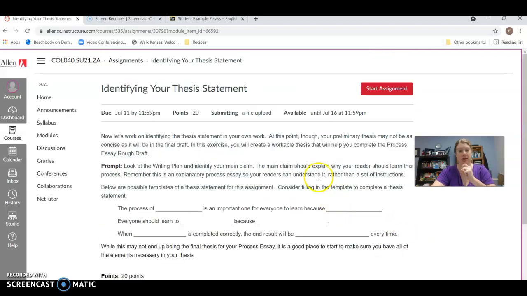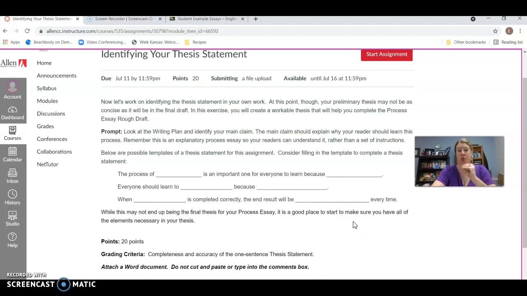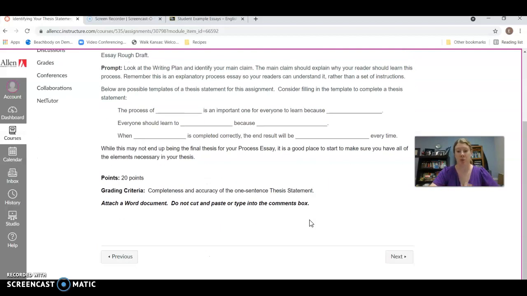The other thing that you're going to do is complete a thesis statement. This is a single sentence that you'll submit as your working thesis. So this is your plan for your thesis statement. Again, you can't change the topic after you've completed this assignment, but your thesis might change. I've given you some templates for how you might go about completing the thesis statement, and then that'll be your working thesis. So as you write the introduction in your draft in the next module, you may end up changing it just so it fits better in the introduction. But this gives me a chance to provide feedback for you before you really get into writing the draft of your essay.